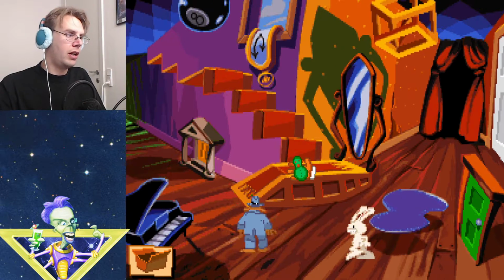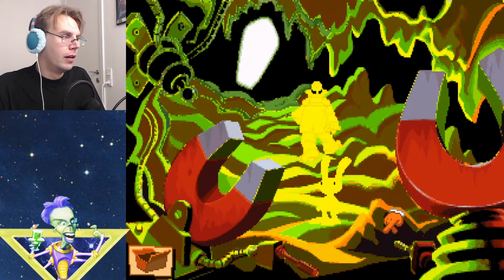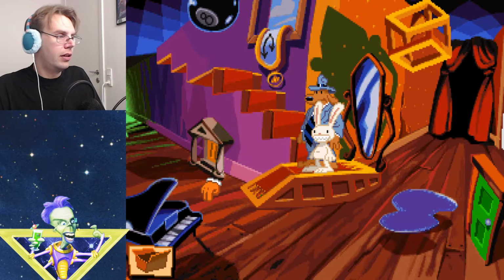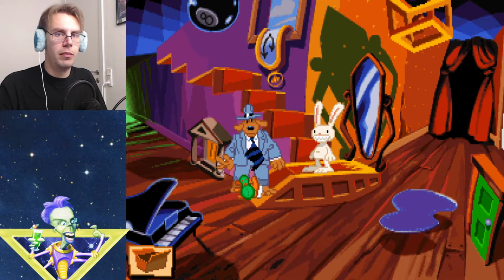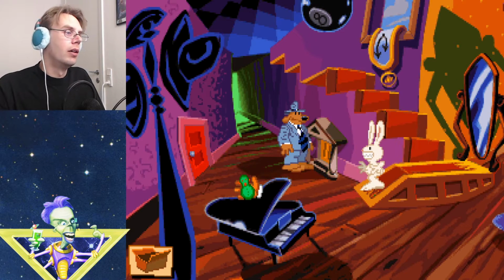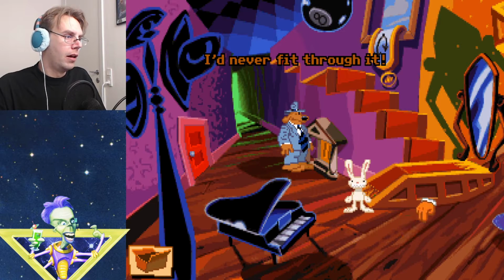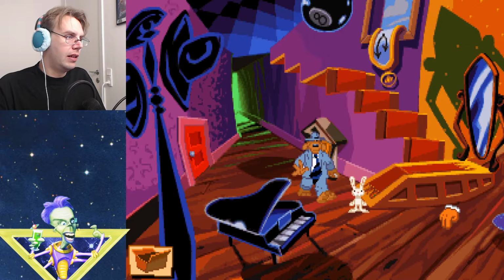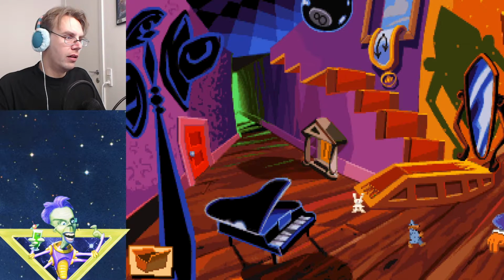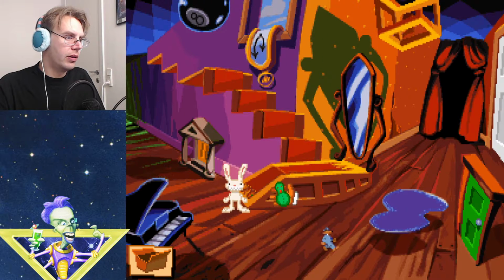Okay, we'll go and change the colors again. Let's try some yellow. Now you'll see the LucasArts artist actually had a bit of trouble getting that scene to not look absolutely garish when they... I've never fit through it. Oh, so that's not yellow, is it? It's orange. Well, I didn't see a yellow door anywhere, so...